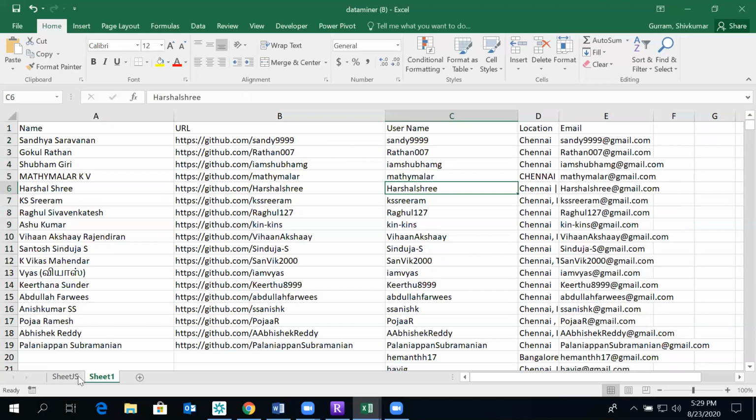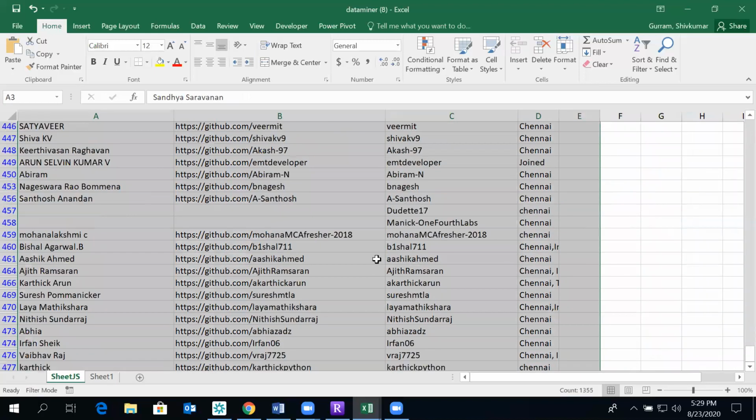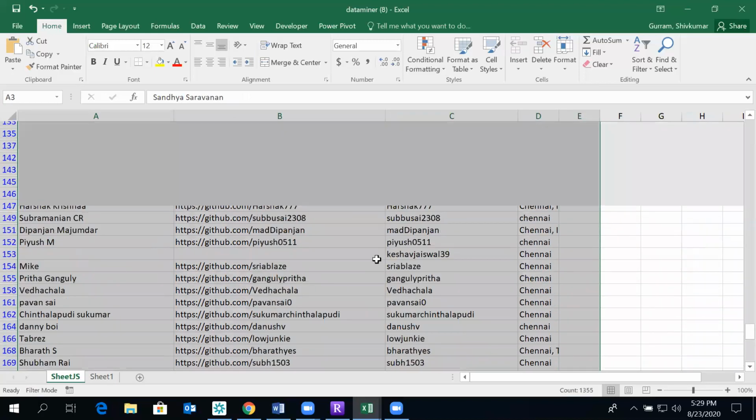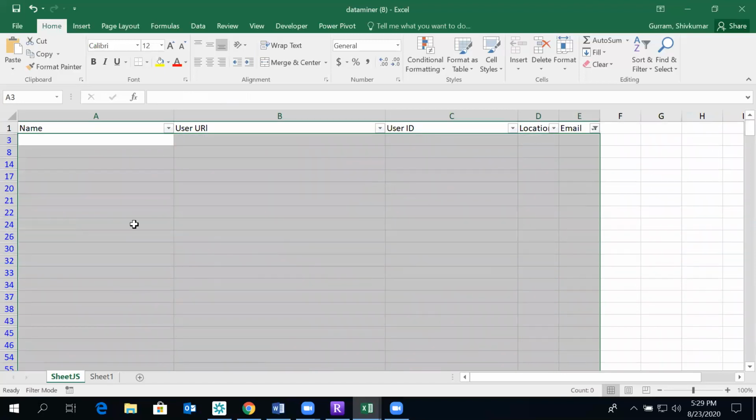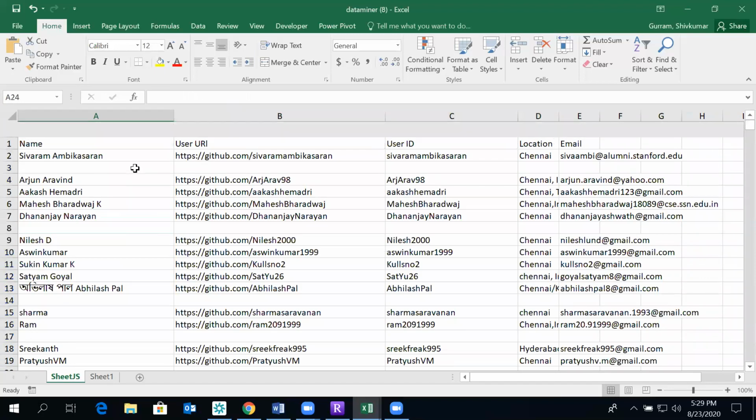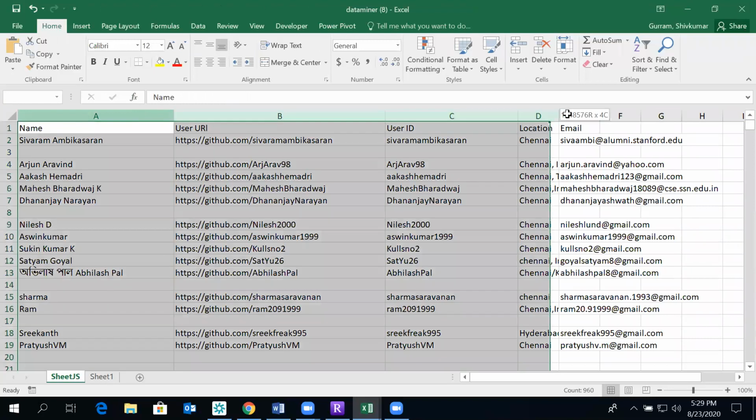Okay, so here we have two sheets. In one sheet, we have the data with all the details. In another sheet, we have manipulated data, or data which we have generated.